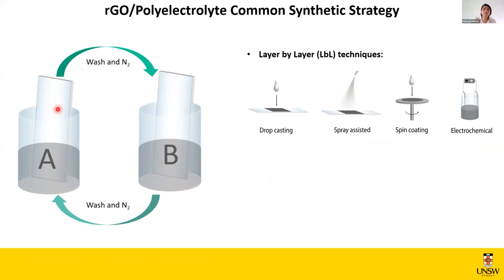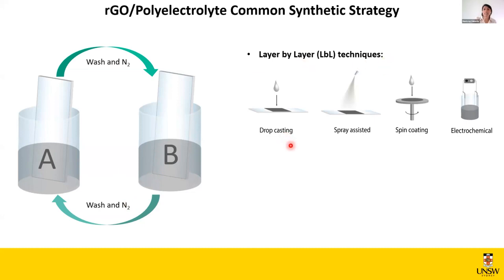of substrate immersion in different kinds of active solutions. We call them active materials because they are electrically conductive. In this case, we can use polyelectrolyte and carbon allotrope solutions, and we are going to immerse the substrate several times until we reach the desired thickness. And in between, we need to wash and dry several times before another layer is added. Then, in terms of layer-by-layer techniques,